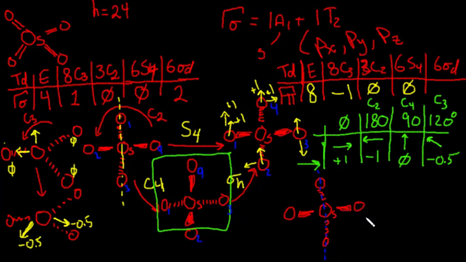So this would be a 0, and this would be a 0 as well. Now if we have a parallel vector pointing upwards, and then a perpendicular one, and then a parallel vector and a perpendicular one, if we do a sigma d